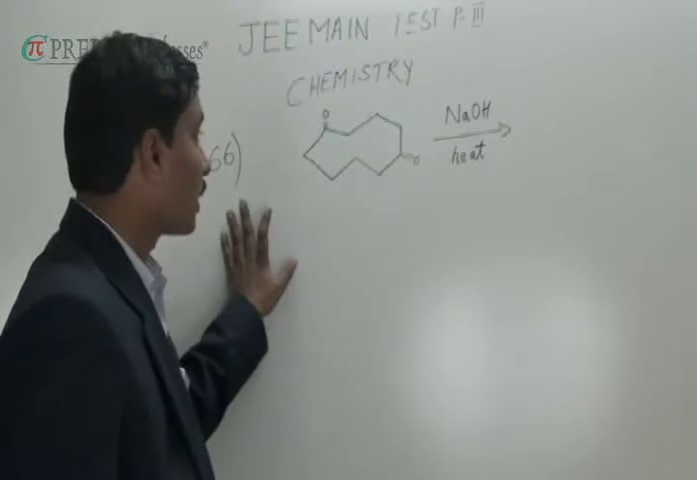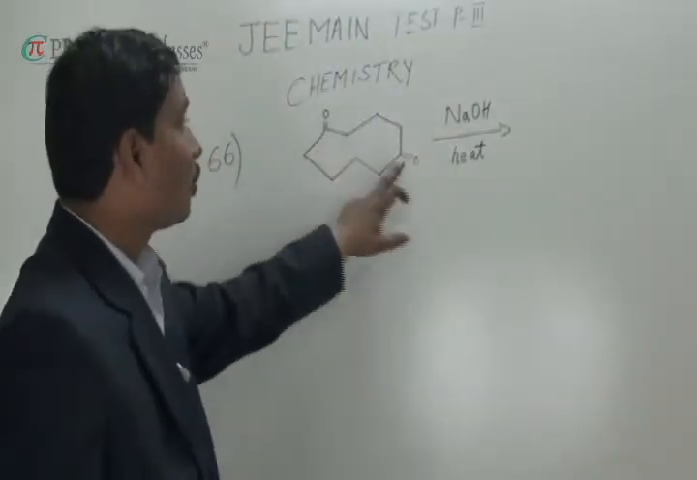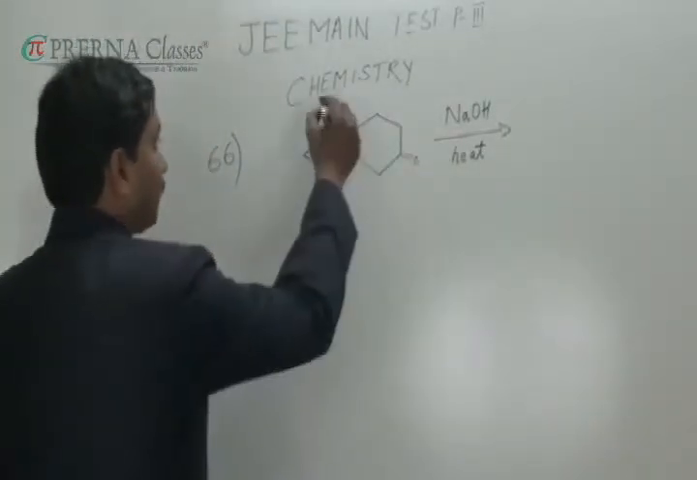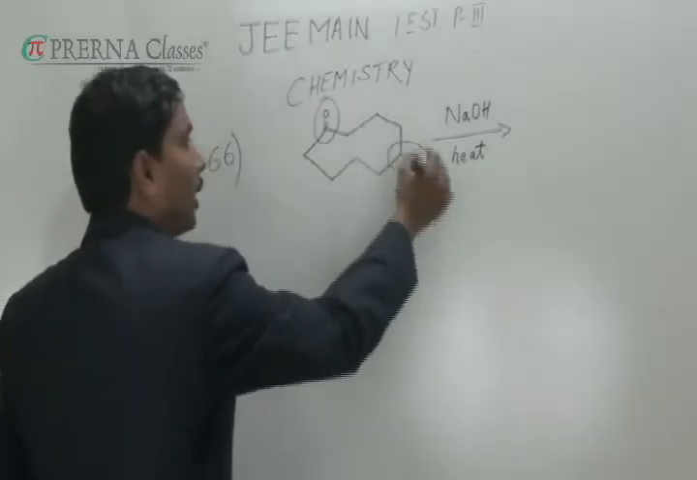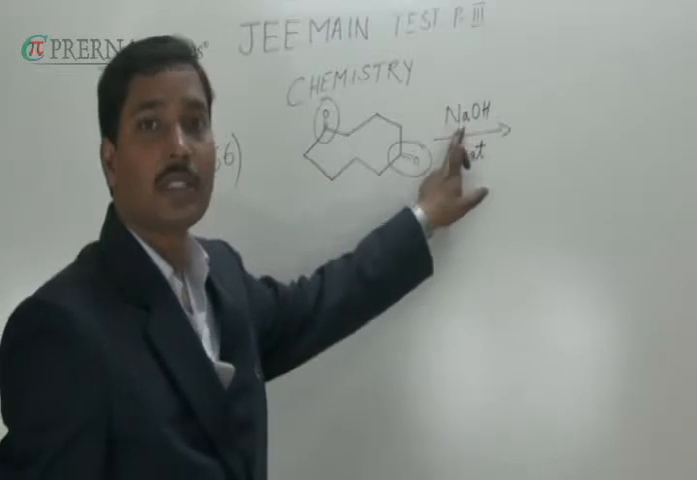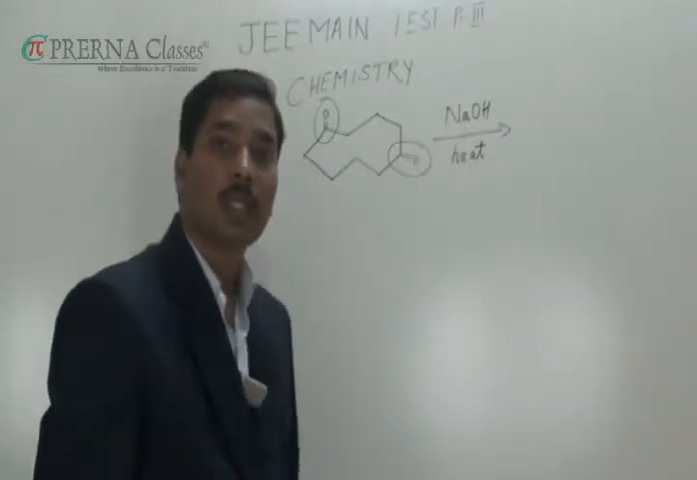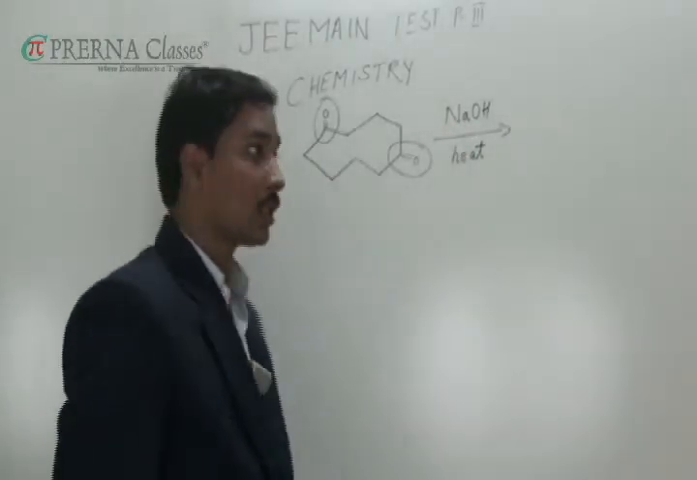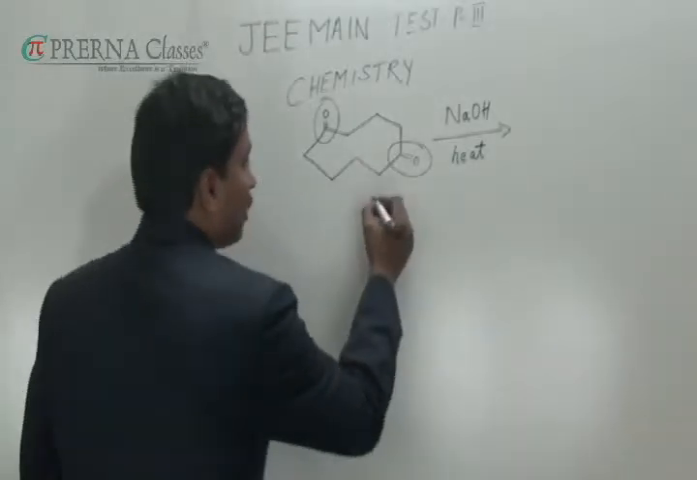Question number 66. There are two keto groups present. These are the two keto groups. They are electron withdrawing groups, and in presence of NaOH it will go for intramolecular aldol condensation. So we can write